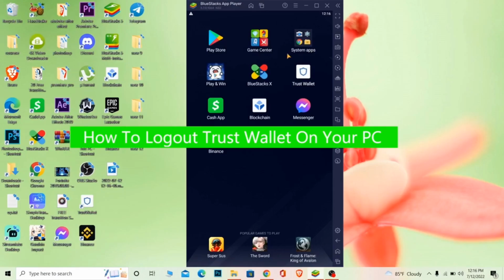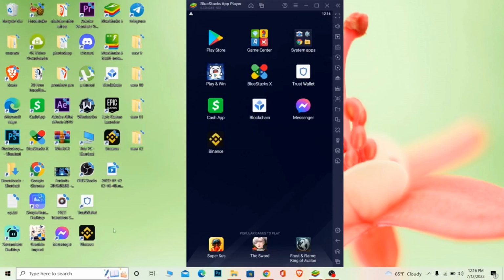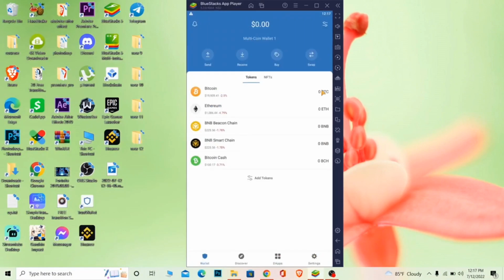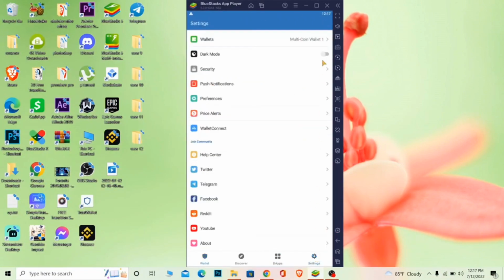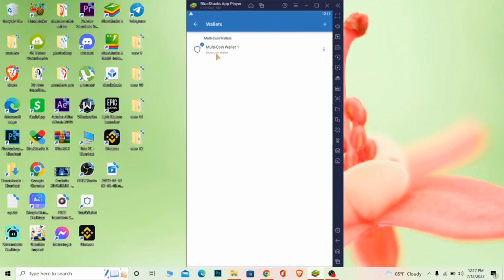So I'm going to open Trust Wallet over here real quick. I just want to show you guys, this is a laptop which I'm using. Alright, so I'm going to click on Trust Wallet to open it. So once you're over here and you open Trust Wallet, what you want to do is go to settings. Once you go to settings, you want to go to wallets, and once you're in wallets, you can see